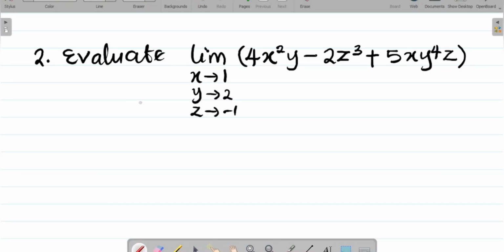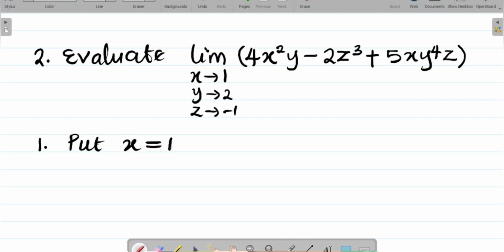Alright, so in this question we are asked to evaluate the limit of 4x squared y minus 2z cubed plus 5xy to the power 4z as x approaches 1, y approaches 2, and z approaches minus 1. So how do I solve this question? Your first task, of course, as usual, is to put x